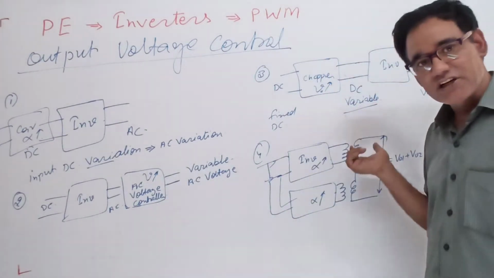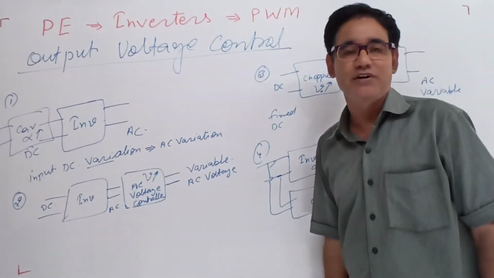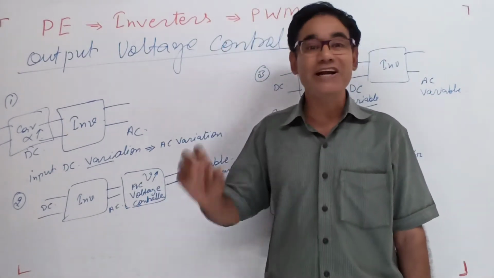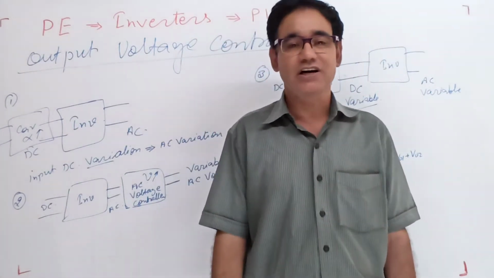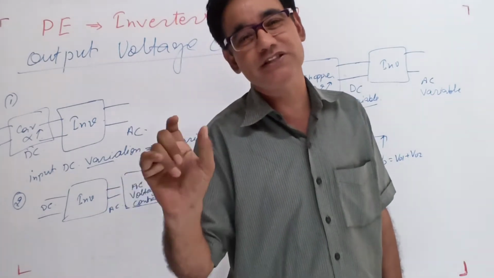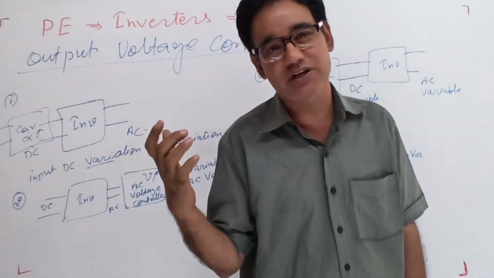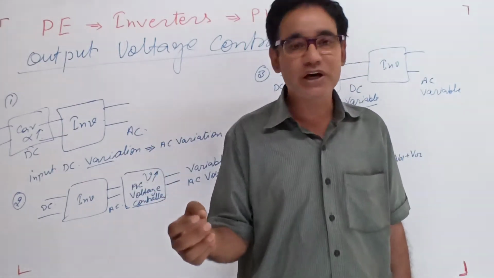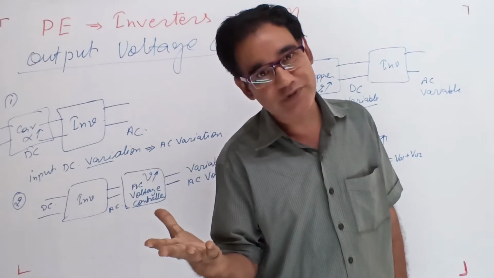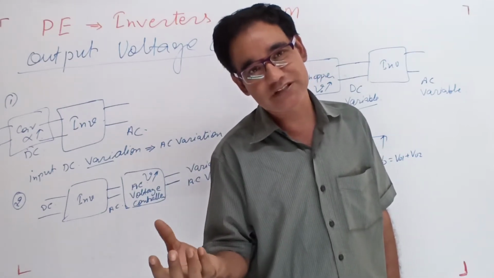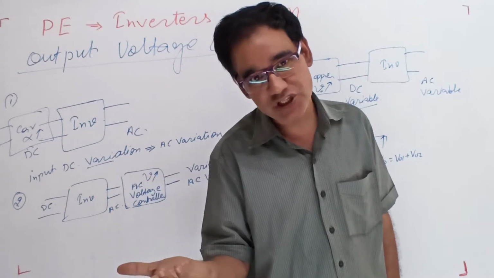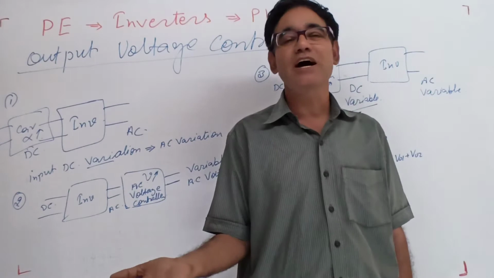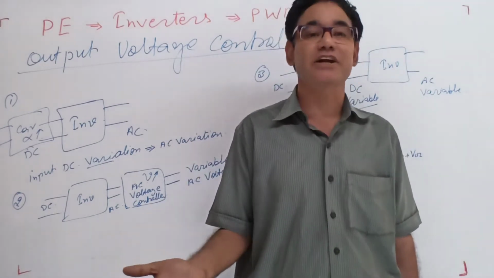In external voltage controlling techniques, converters are required, choppers are required, AC voltage controllers are required, external firing control transformers are required. So these controlling techniques are not economical. Unnecessarily two devices are used. Similar types of other power electronic devices are used. As we are increasing the number of power electronic devices, each produces switching, and due to the switching there are harmonics. So to eliminate the harmonics, bulky filter circuits are required.